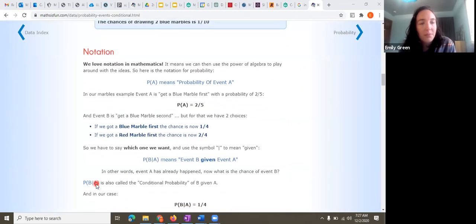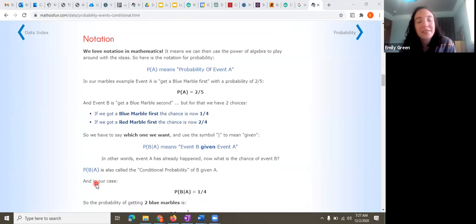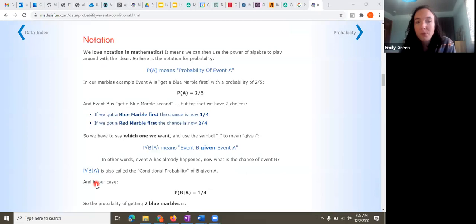So here's where we're going to come to notation. That's just a way of saying, how do we write this mathematically? So we already know that P(A) is the probability of event A, right? So if event A is picking a blue marble, then the probability of A is 2 out of 5, or 2/5. And event B, like we saw in the tree, if you picked a blue marble the first time, then